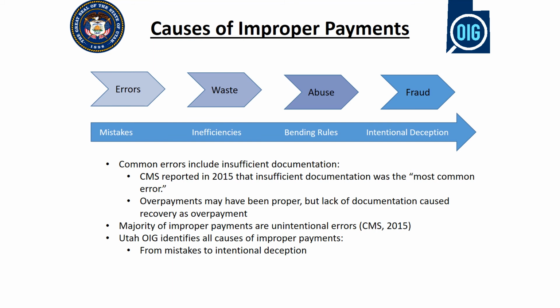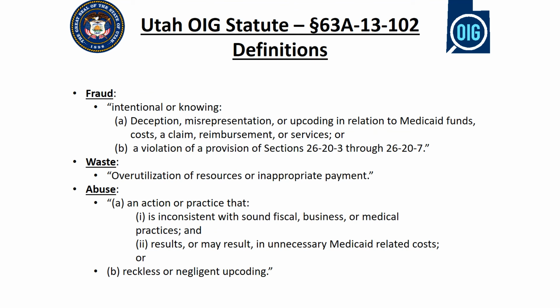Finally, fraud is intentional deception. These instances are taken very seriously and are reported immediately to the Medicaid Fraud Control Unit, which is responsible for investigating our referrals and prosecuting the cases if their investigation leads to criminal charges. Any self-identified instances of fraud and abuse should be reported immediately to the OIG. This slide defines fraud, waste, and abuse as they appear in Utah Code